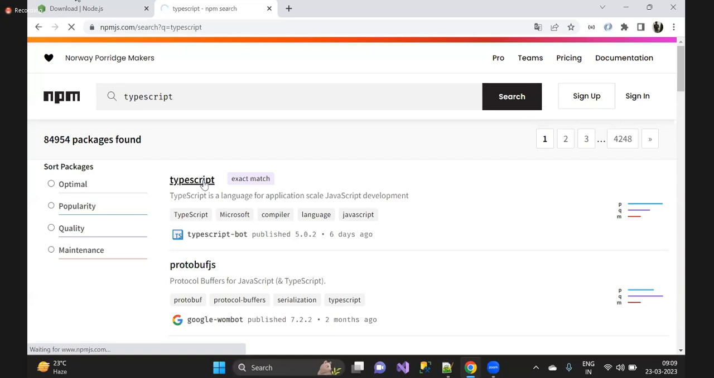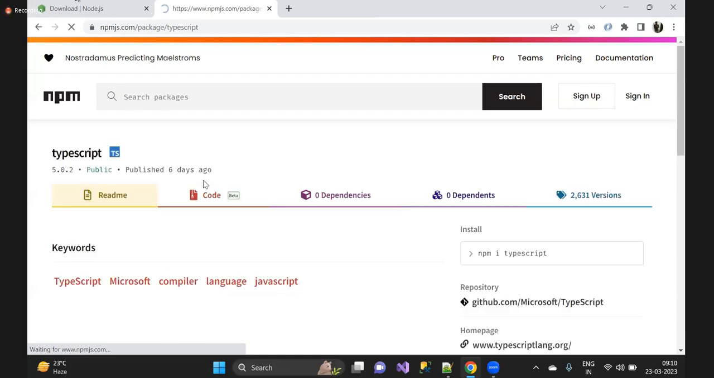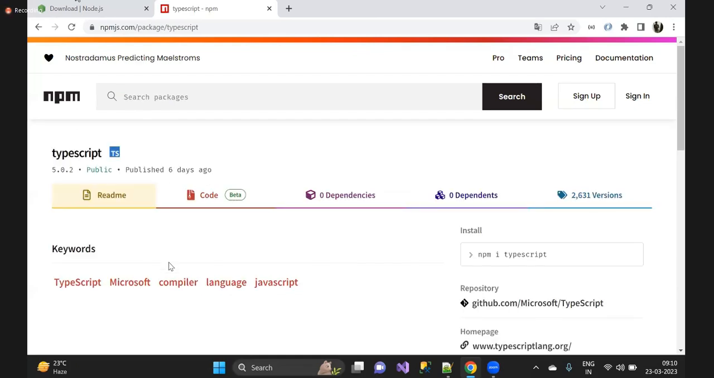It doesn't matter what library it is, you should be able to find most of the client side libraries over here. And here you can see there is a command. The command is npm i typescript. So when you type this command, it automatically downloads the package and installs it to your